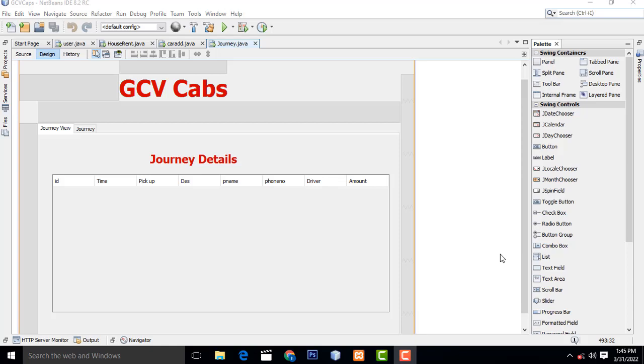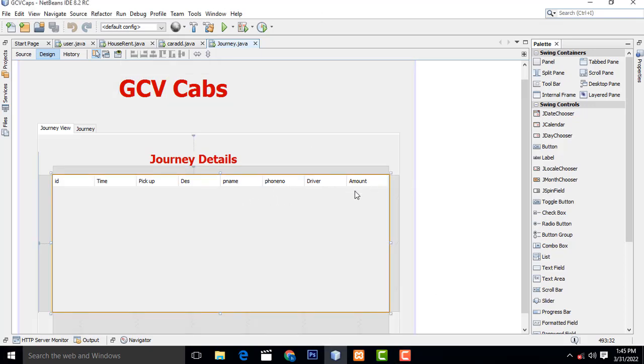In our last class we saw the chapter of GCP cab system, how to view the records, the journey records we will be able to view. After that, once the journey has ended, we have to pay the amount, right? We have to do some calculation part here. So what I am going to do here is we have to